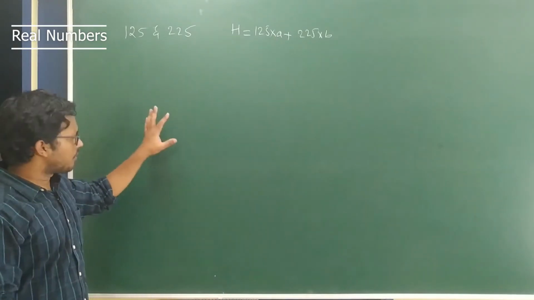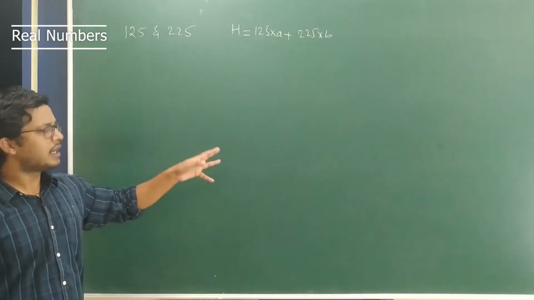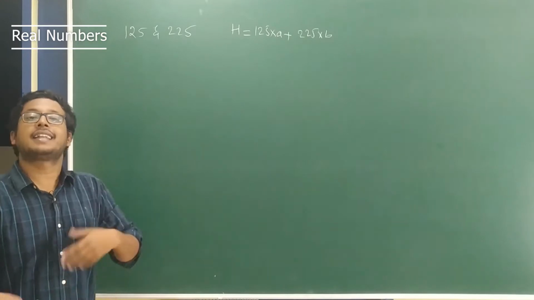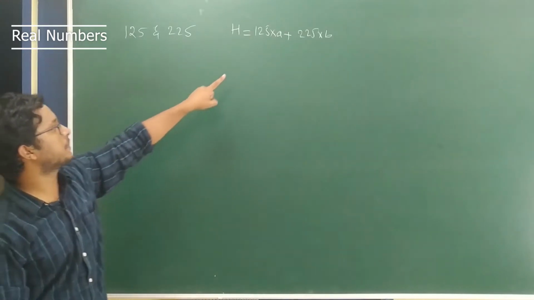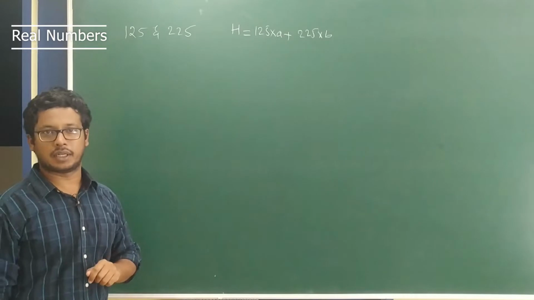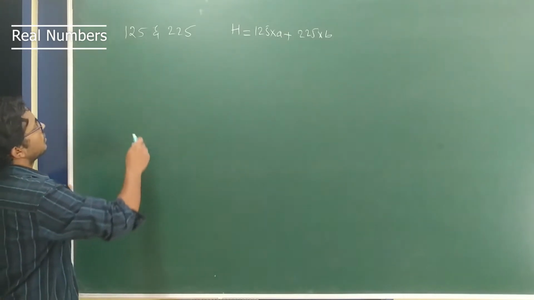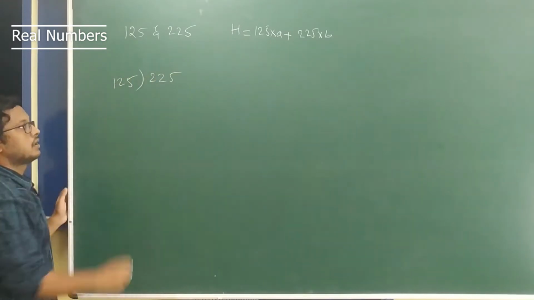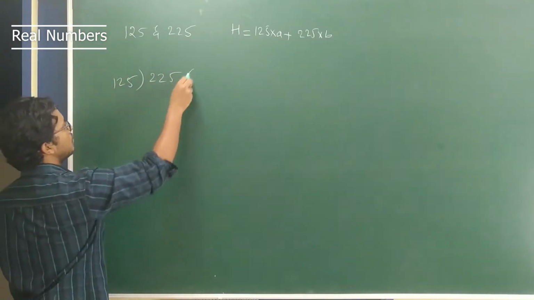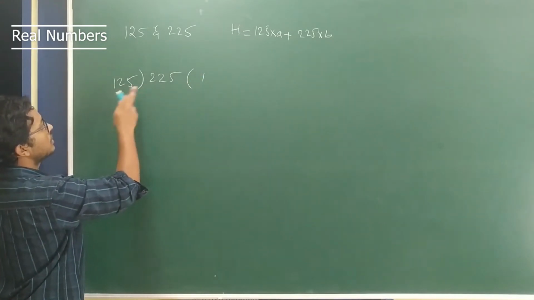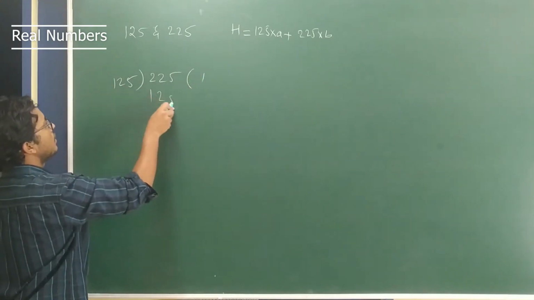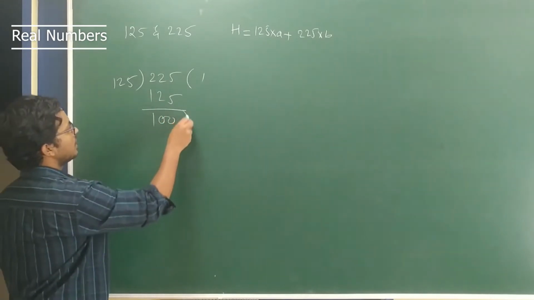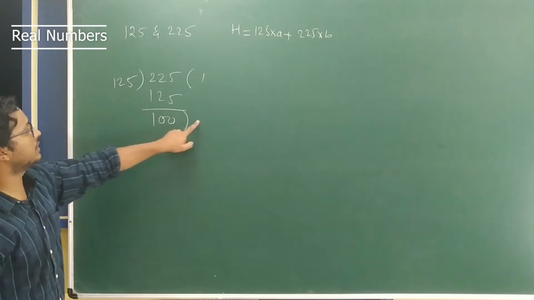Okay. So for finding HCF, we will apply the Euclid's division, and I'll also show you how to do it by the table method, and then using those steps we will express HCF in terms of the given numbers. Let's start. Since 225 is bigger, we'll start off with 225 divided by 125. So 125 ones are 125, so 100 is the remainder. Since the remainder is not 0, we get this 125.